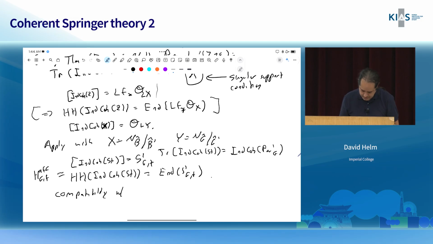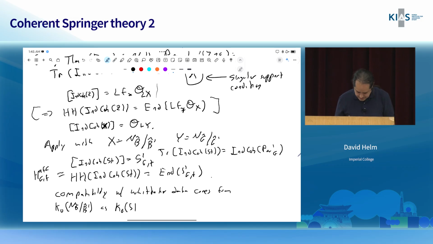So compatibility with Whittaker data comes ultimately from the fact that if you look at K0 of X of N B hat mod B hat as a K0 mod B hat prime as a K0 of St G prime module, this is the anti-spherical